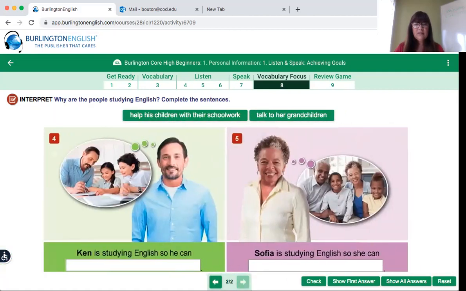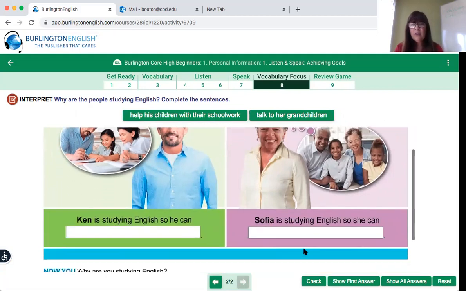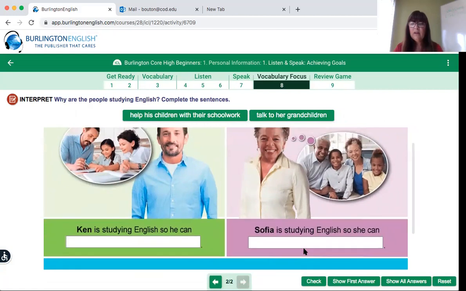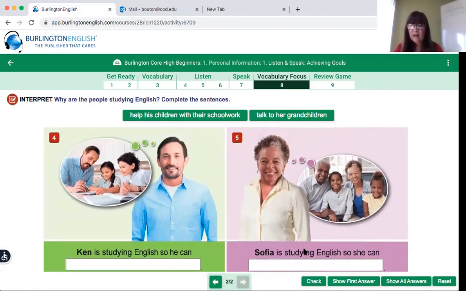We'll scroll to the next page. Now we see Ken is studying English so he can... What's he doing in this picture? Looks like he's working with children. And here's Sophia. Sophia is studying English so she can...